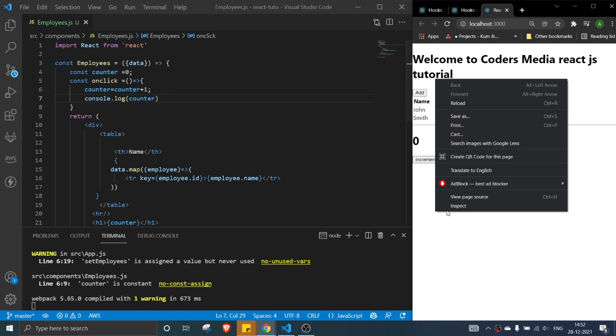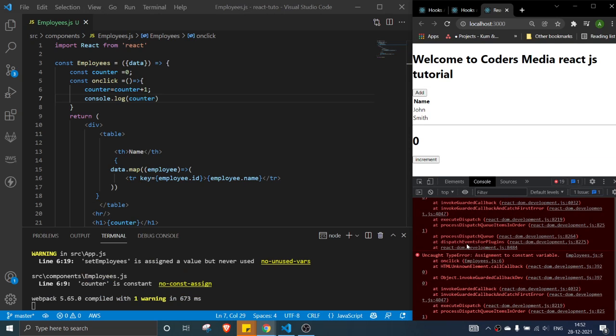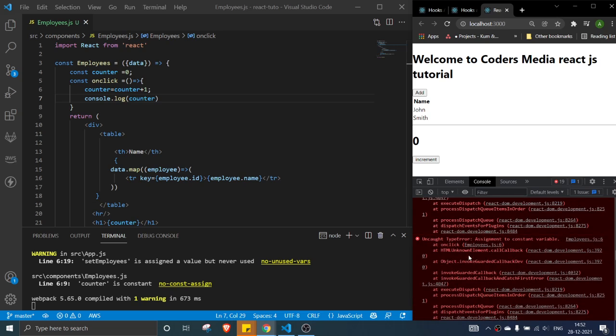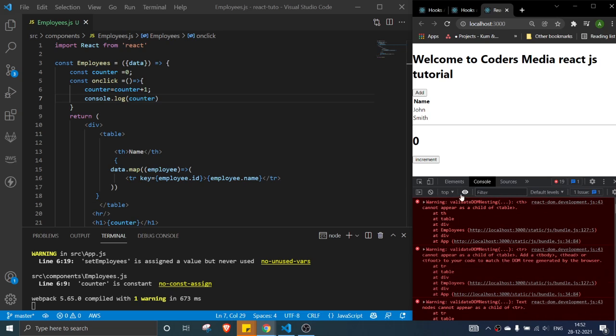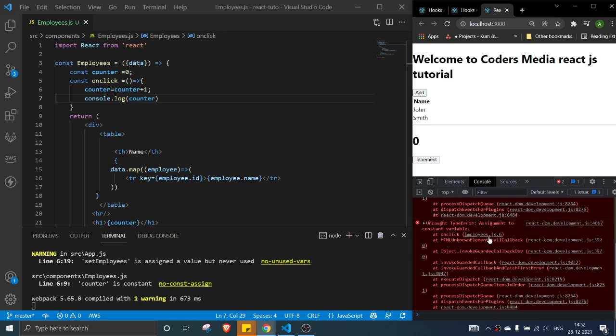Let's inspect as well and go to the console. Now I try to increment.